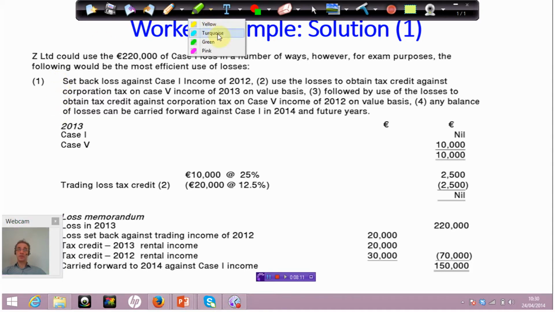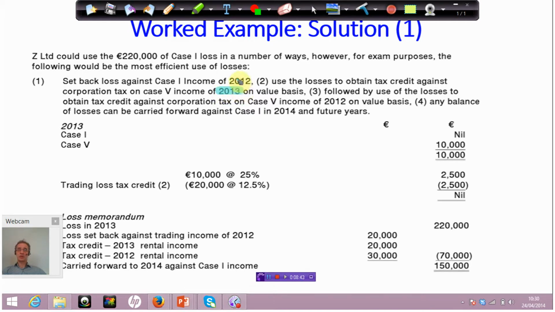Okay, the first thing that we have to do, as we said, step number 2, is to set the loss back against the trading income of the previous year of 12 months. And as you recall, that's not done on a value basis, it's just done as a job lot. Now I'll take you on to the next slide and then come back to this when we see how that's used. The second thing that we need to do is to offset the trading loss on a value basis